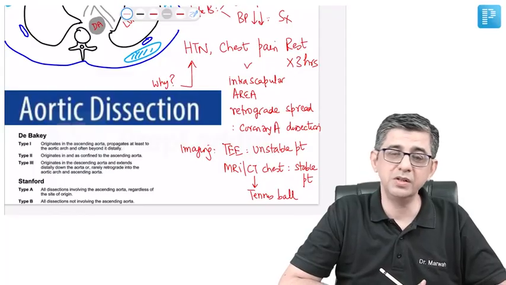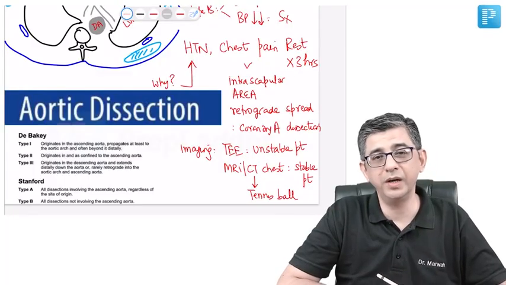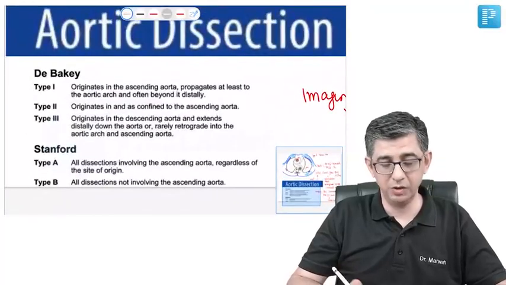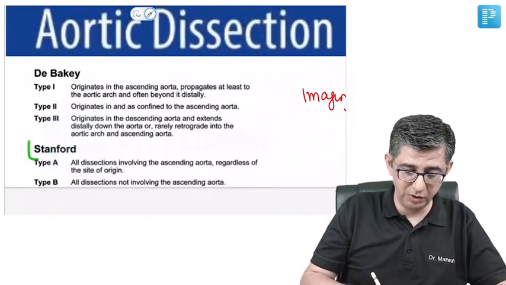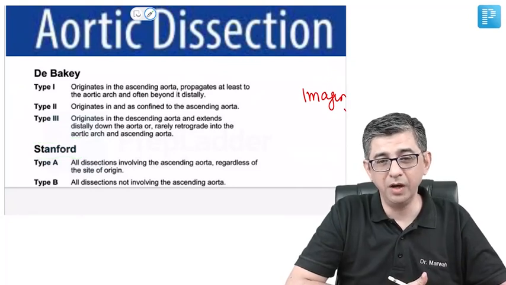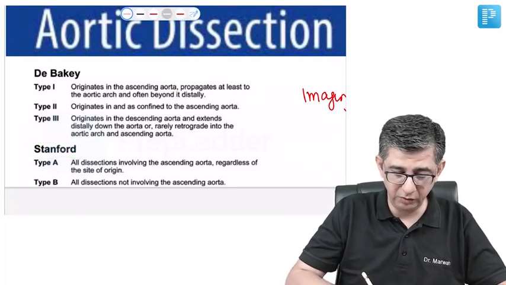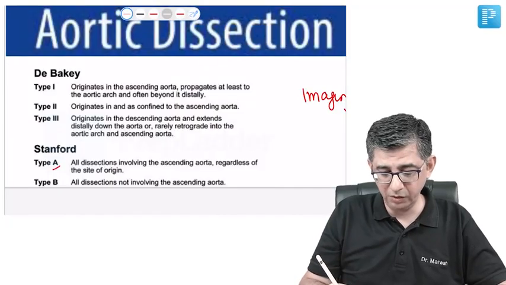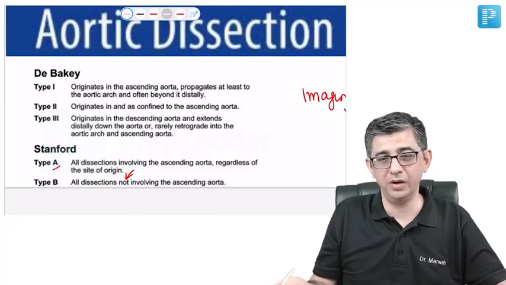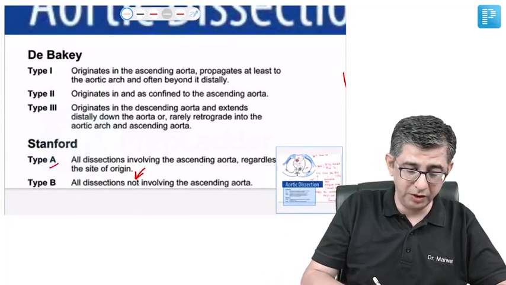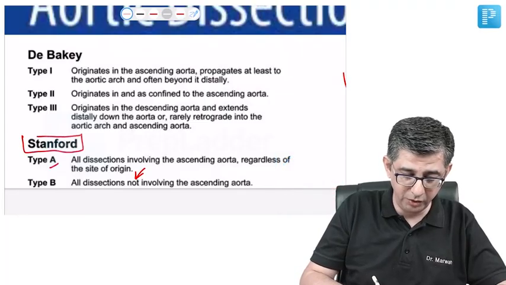appearance. As far as the treatment part is concerned, I've already told you in type A it's always surgery. And there are two classifications which can be used for this one, and most of the time in the exam they love to ask about the Stanford classification because it is simple and straightforward. Type A would be any kind of dissection that involves the ascending aorta irrespective of the site of origin, and type B would be all dissections which are not involving the ascending aorta, that would be descending aorta, arch subsequently. Mostly in the exam it is type A and type B that you need to give